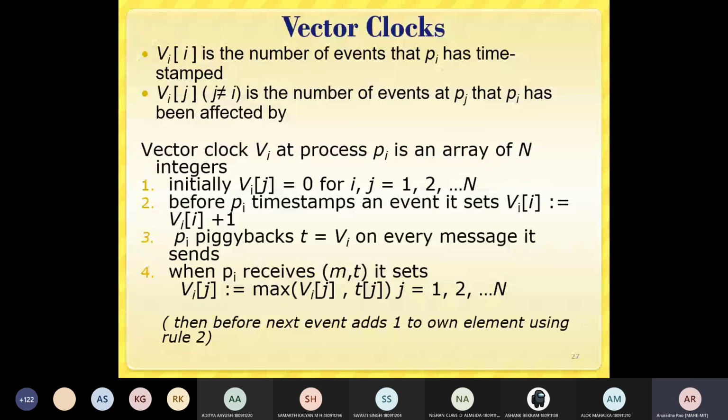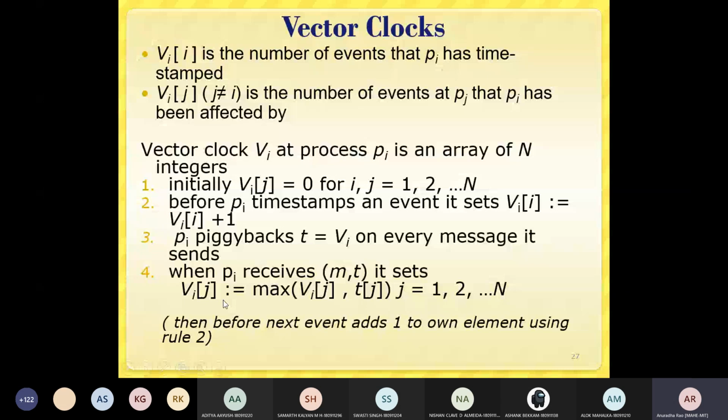Whenever it is sending and receiving, the value will be piggybacked. The next option is the maximum of the current clock of the receiver and the timestamp sent from the sender. Whichever is maximum, you use that and then increment it as earlier. So these are the conditions.